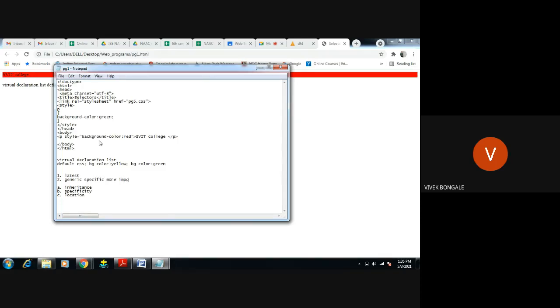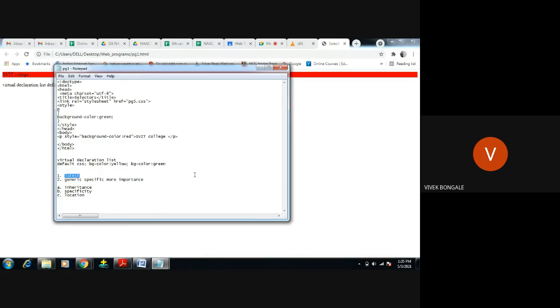I will explain this more specific importance and all. That is, which is considered as generic, which is considered as more specific. Okay, I'll explain with some programs. Okay, you just remember in this concept, which one is the latest, that will be considered for execution. Okay, that is the first rule, first cascade rule.